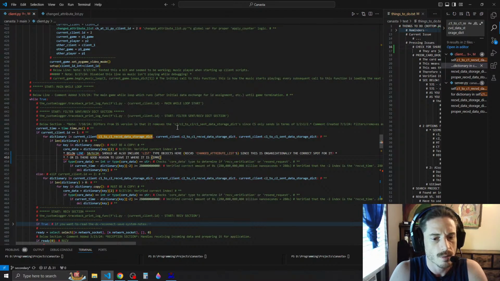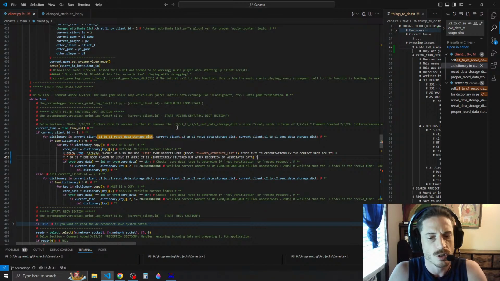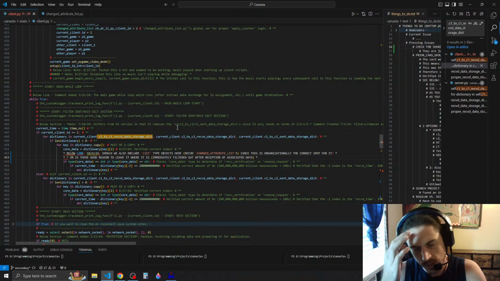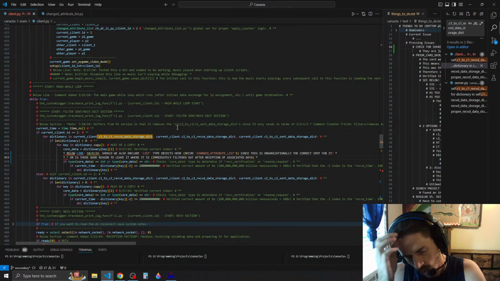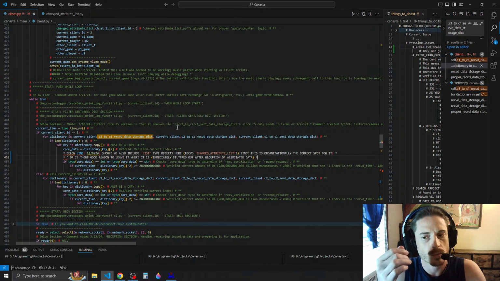Immediately filtered out after reception of associated data. So like we actually just, as soon as we receive it, we check to see